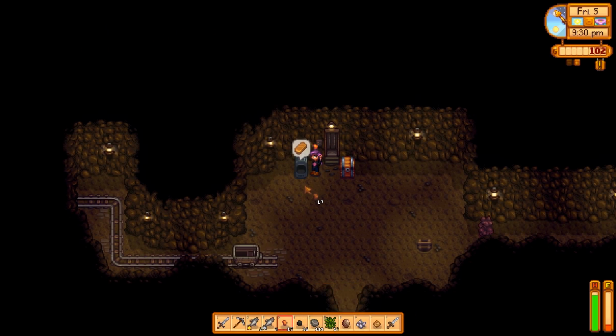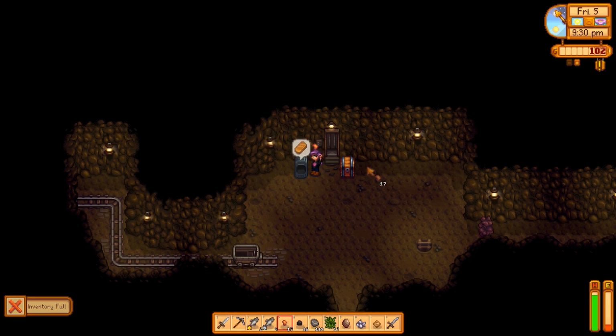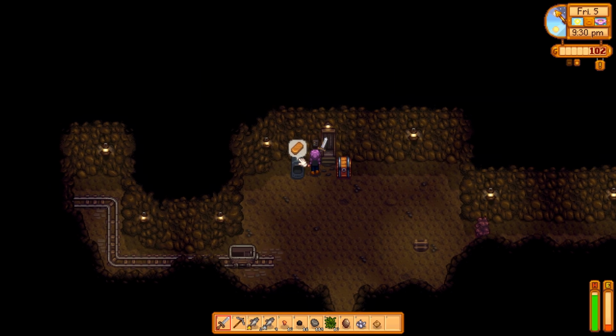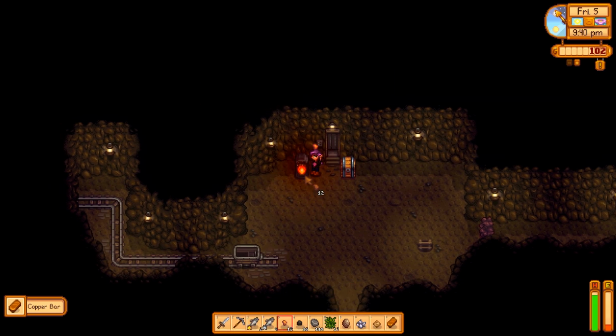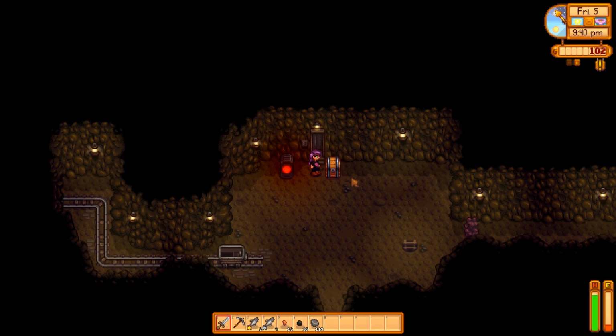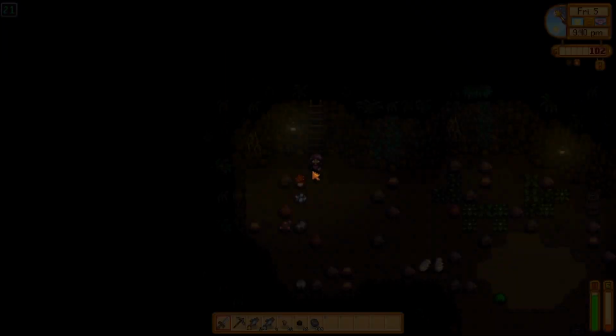Alright, just a small update. We have managed to make it down to floor 10. Therefore, we have our steel small sword ready to go. And we are not doing the remixed mine rewards for this playthrough either, because once again, this game already has enough RNG as it is, and I don't think that would treat me very well at this